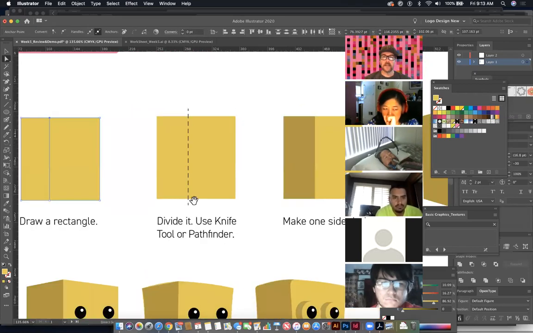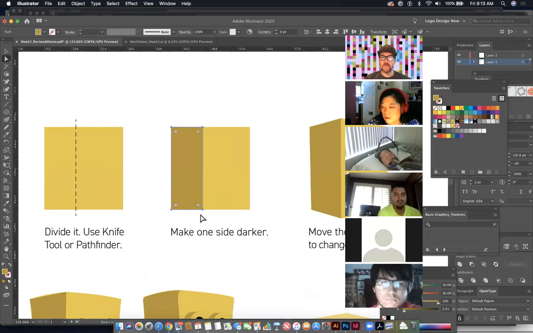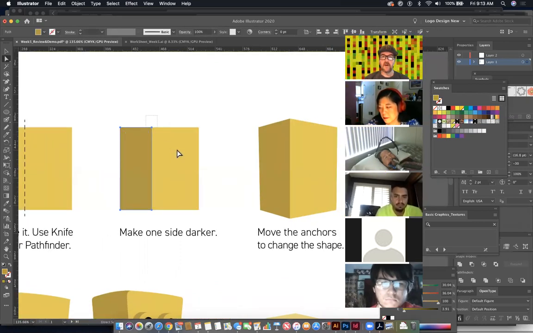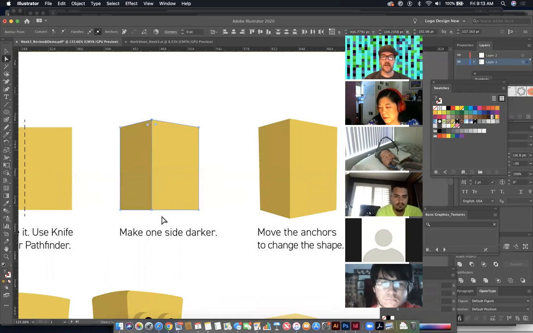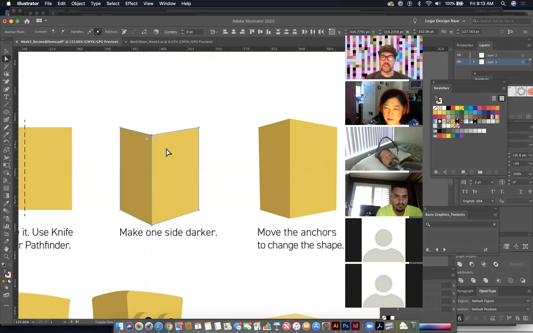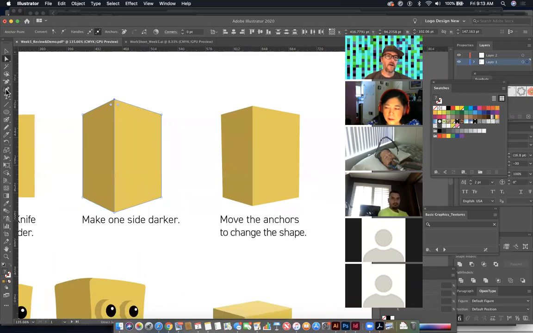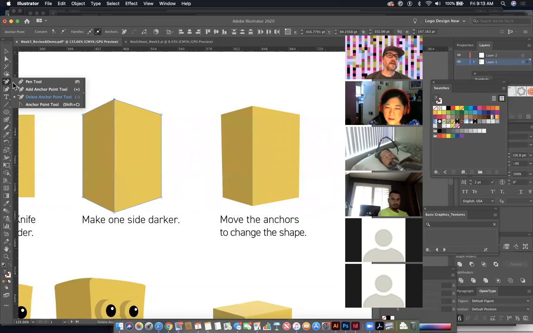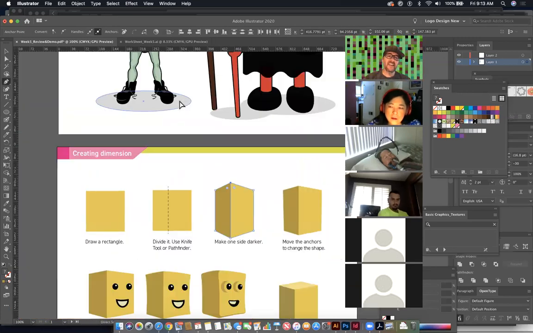So there's the dividing line. If you make one side of it a little bit darker, it exaggerates that sense of form further, because there are two things that define form, three-dimensional space. One of them is perspective, which is what we're doing by creating these angles. These lines are now running off in parallel towards a vanishing point, and they're gradually tapering towards a vanishing point